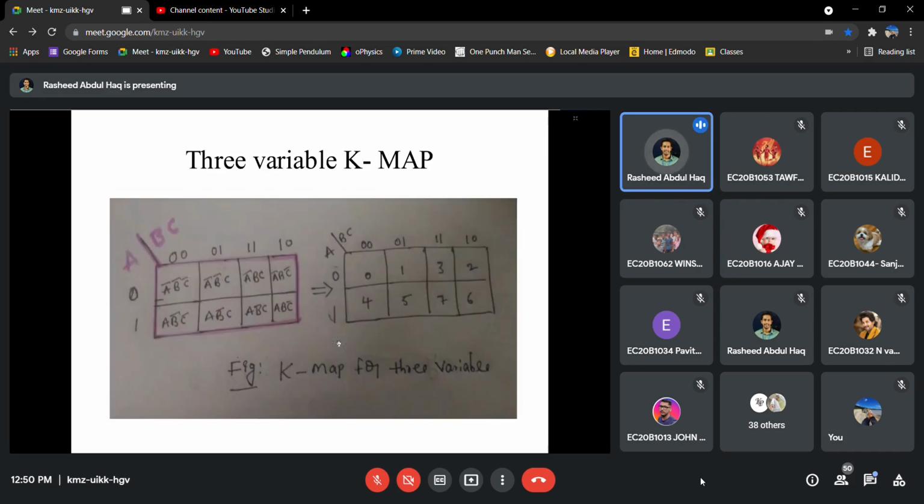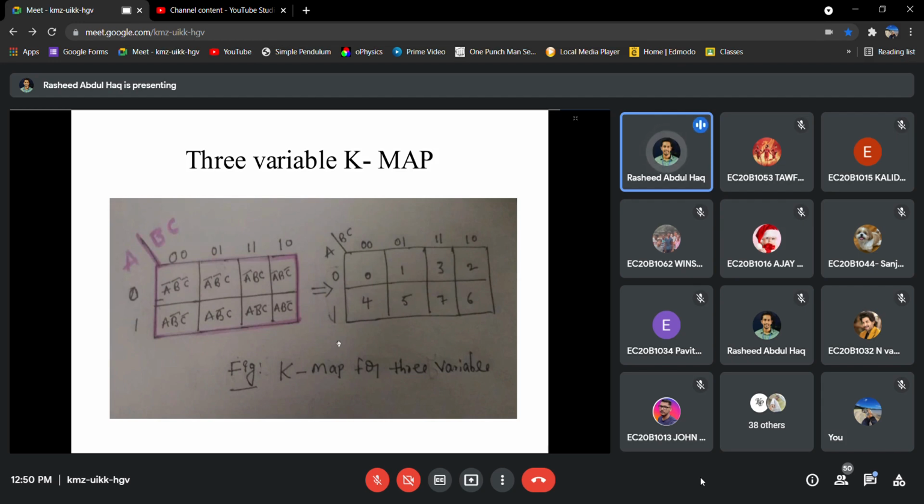So this is a three variable CAM map. We have learned a two variable CAM map. Now we will learn a three variable CAM map. This can actually be written in this formula. Also, it can be written as an inverted one also. This is not there in the slide. Like you can group it as A, B, and on one side C also can be grouped, or A can be grouped and B, C can also be grouped.